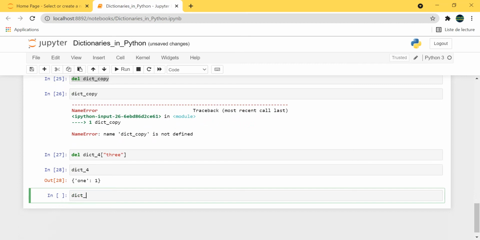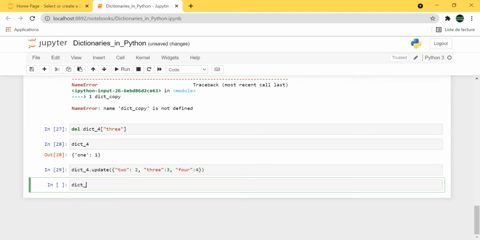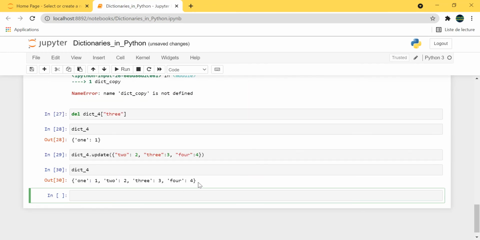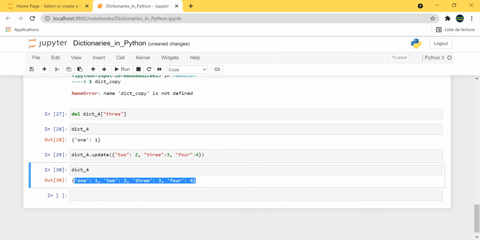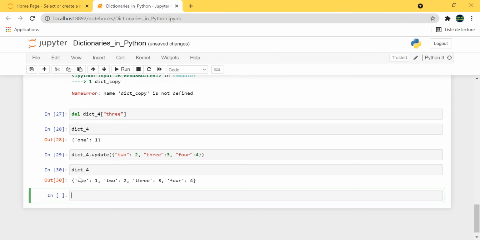Okay, so we add elements, dict4 dot update. So we add, for example, 2, add 3, we add 4. Okay, so dict4, we have this dictionary. Now, if we want to iterate or to loop over this sequence, we can use three